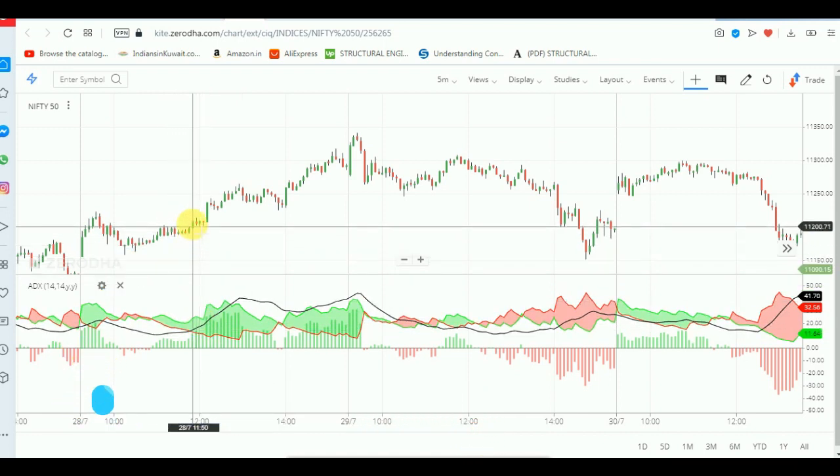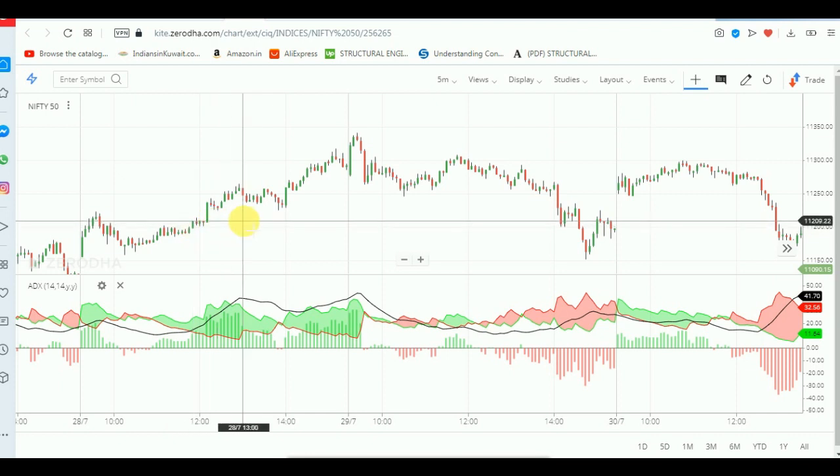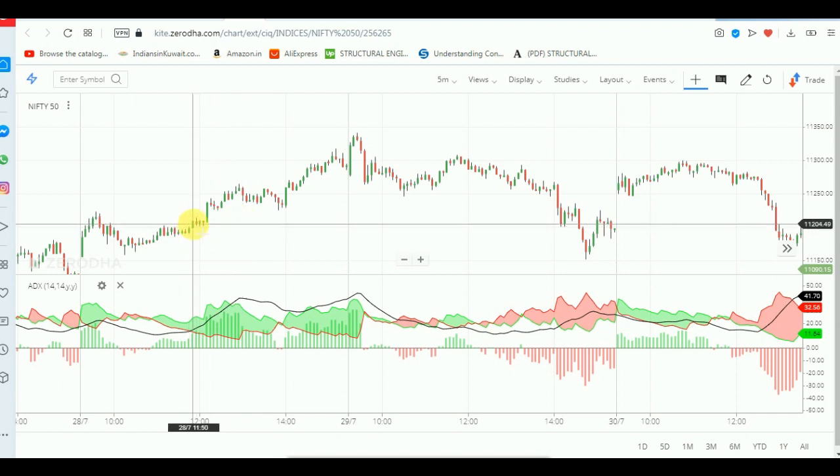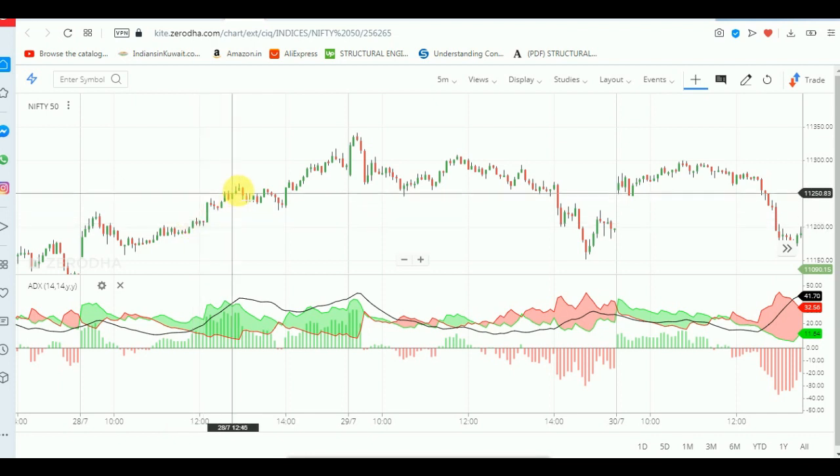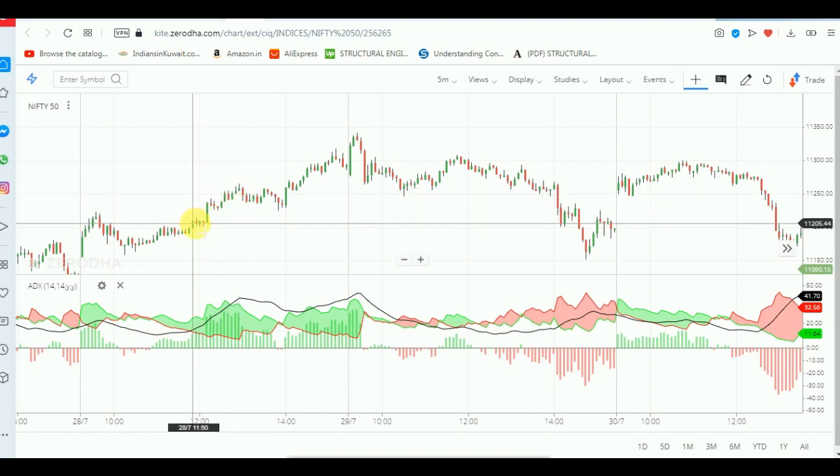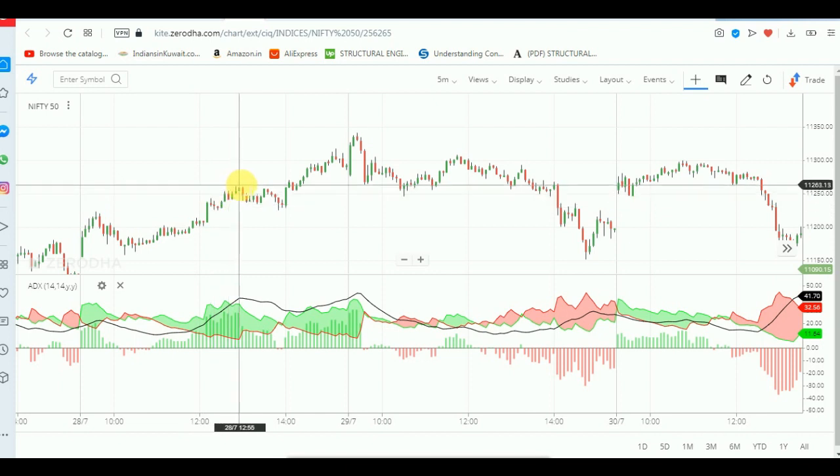From here to here, which means that the levels are like, if we enter at 11,205 and then we can exit on this level, 11,257, so we will be getting at least more than 50 points here. So this is one of the best indicators, where even if we are not clubbing with other technical indicators also, this particular indicator will work very well.